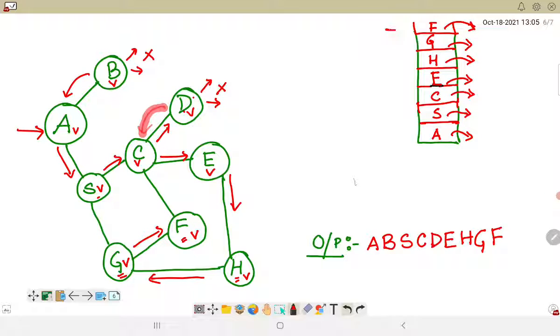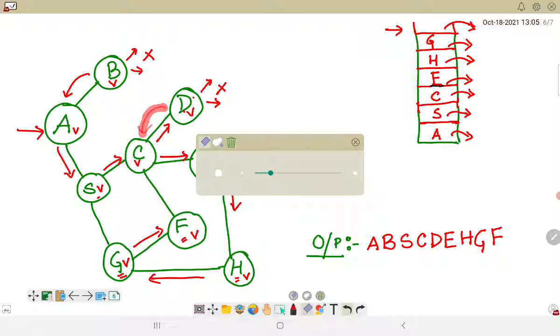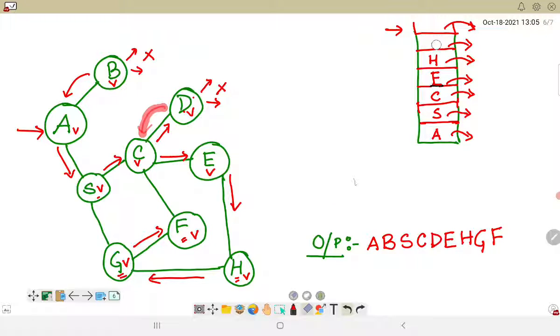If we check the top of the stack, F has the adjacent nodes C and G, both of which are visited, so we can simply pop it off. Then comes the top of the stack as G. G has the adjacent nodes S, F and H, all three of which are visited, so we will simply pop it off. Then similar is the case for H, E, C, S and finally A.